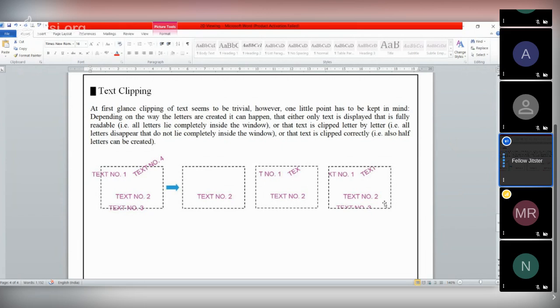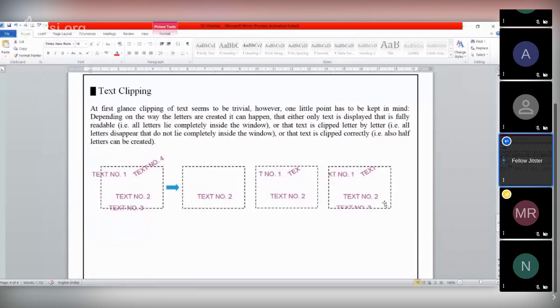We need not bother about this. If the text or a portion of the text is inside this window, we should take it. That means cutting by these boundaries, and the portion inside the window we will consider.